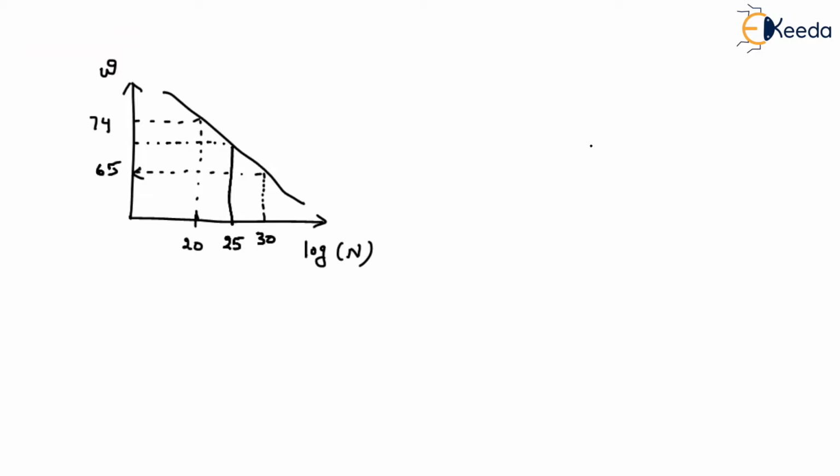Now, how can I find out that value? If I need the water content corresponding to 25 blows, that will be equal to, if I am considering the number of blows corresponding to 20, then from 20, as we are increasing the number of blows, our water content will decrease. That's why I'll take minus here. And what is the change? We know the values from 30 to 20. So what I'll do here is W30 minus W20 divided by, if it is normal, that means without any logarithm, what you will do is subtract the change in dimension along y divided by the change in dimension along x.